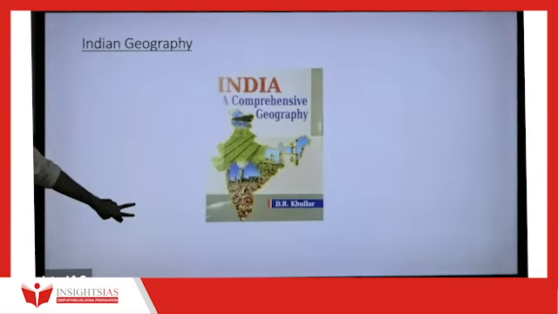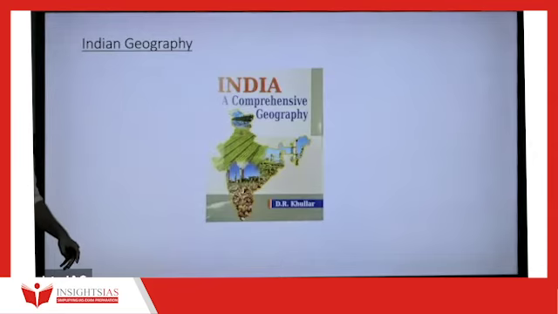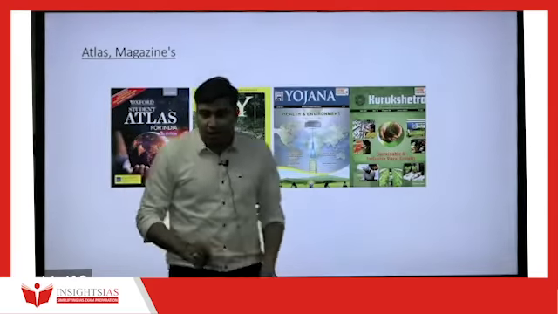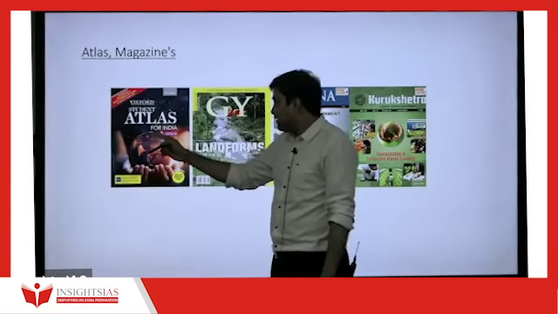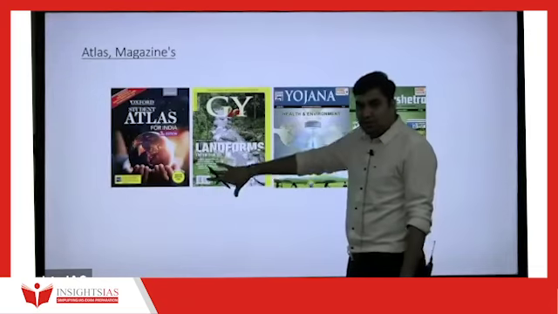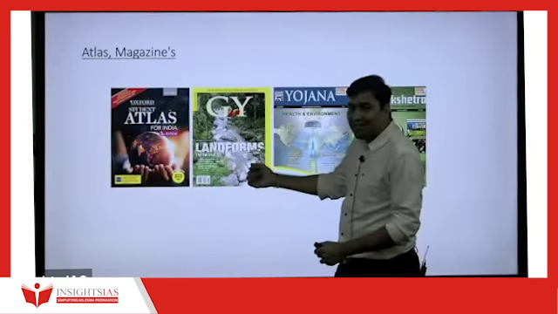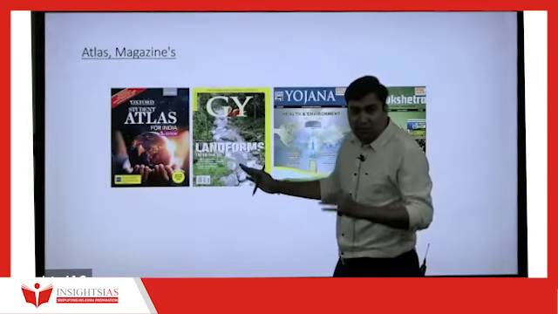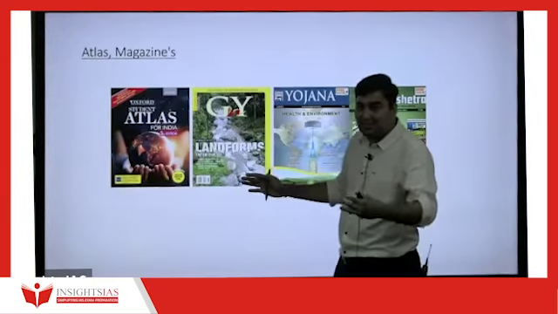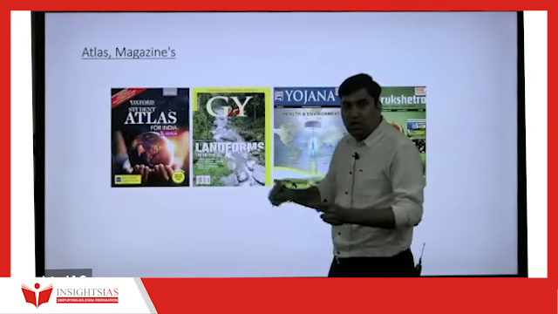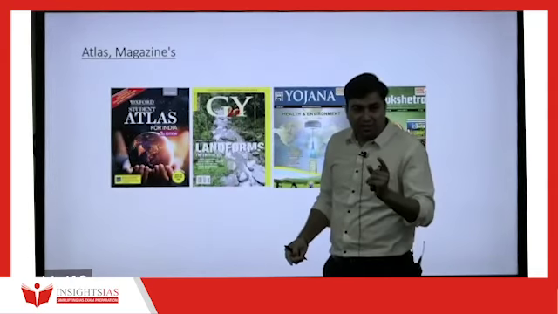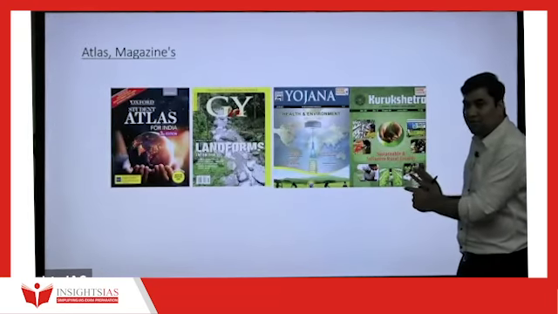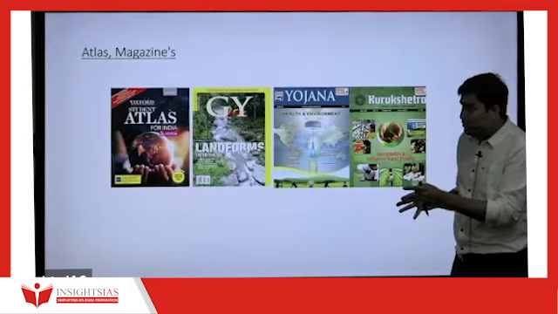In case you want to read more, if you get time after this, from newspapers, then you can refer to these things. Compulsory is the Oxford Student School Atlas. This is Geography and You magazine. For example, this was a recent issue which directly deals with landforms. Landforms is directly in the UPSC syllabus. So out of interest, for case studies etc., you can read this, but not the complete magazine, only one or two articles. Yojana and Kurukshetra: Kurukshetra is very important for agriculture and other topics. So these are the four.